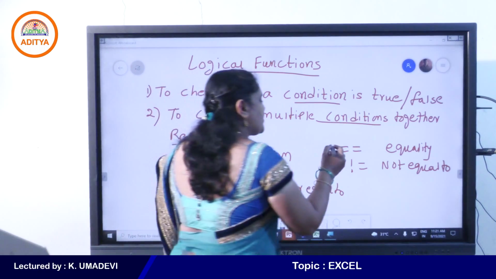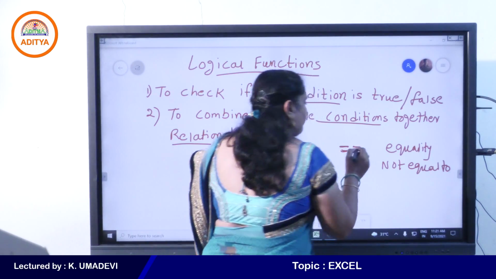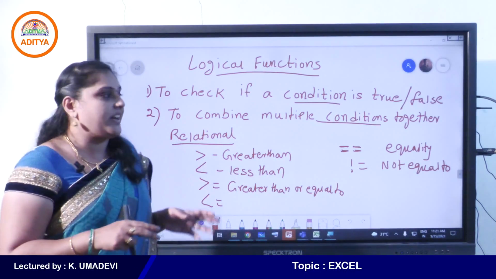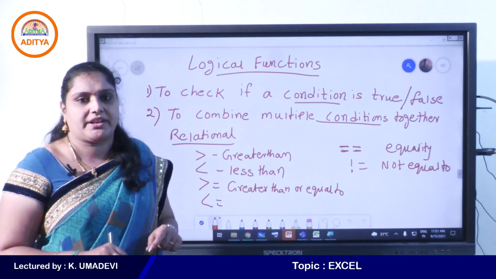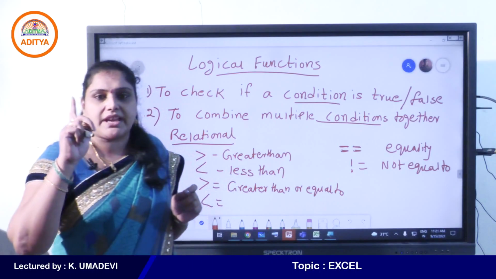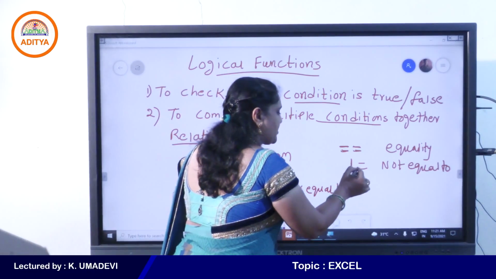See, we use double equal to compare two values. So that is nothing but the equality operator. For not equal to, use an exclamation mark and equal to.